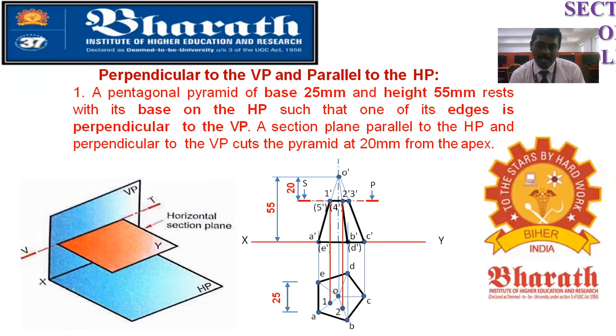Now the cutting point 3 dash will be projected to where it cuts the slant edge C dash O dash. So here you have the slant edge CO. Make a vertical projection, and it cuts here. This will be your point 3. Similarly, for D to O, the invisible edge, you have point 4 dash. So here you have D to O.